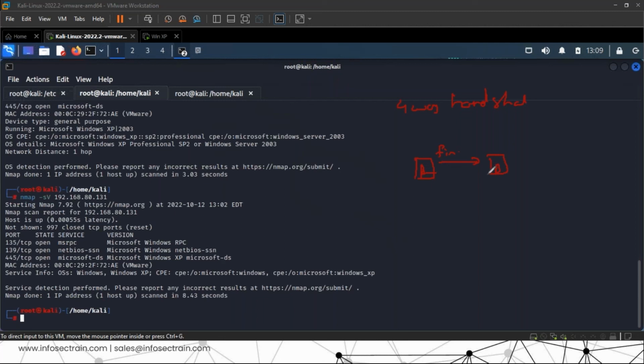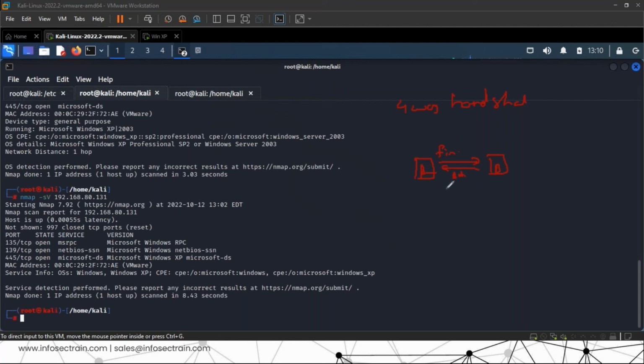Okay, in response to that, B will be replying. The machine is saying: I have shared all the things, and I want to finish the communication with you. Now B will say, okay, let me check. If I have received it, I know you want to stop the communication. Now B will be acknowledging it back